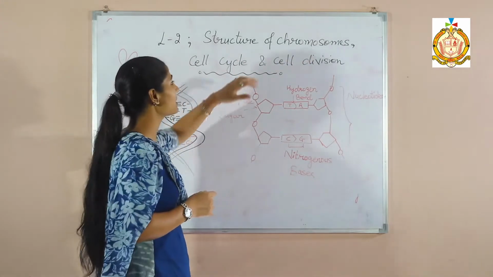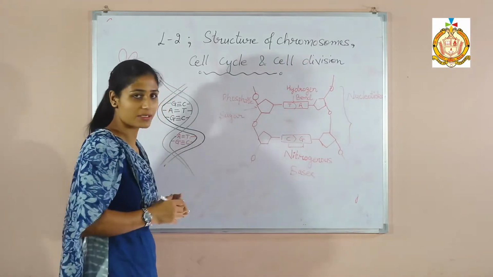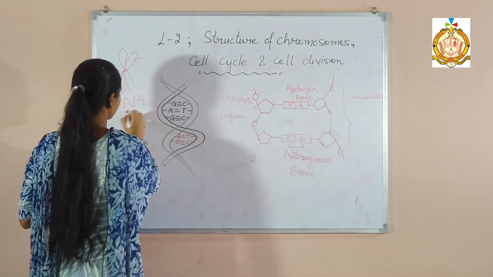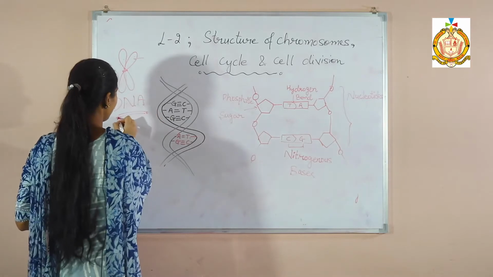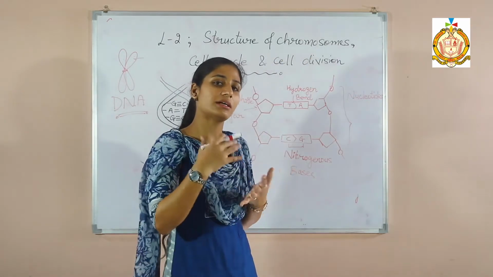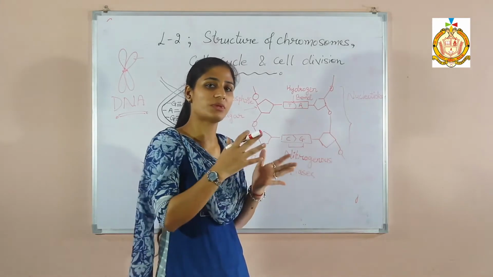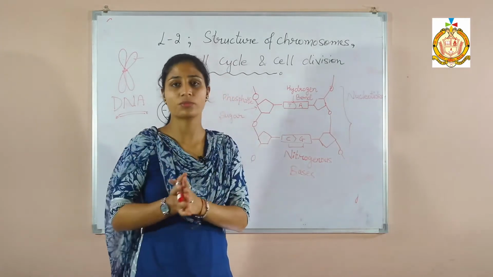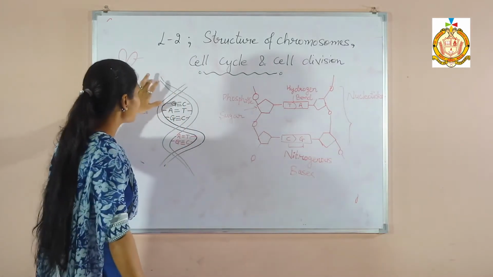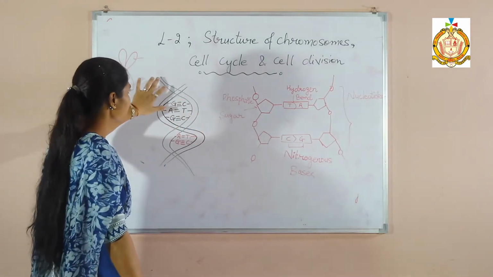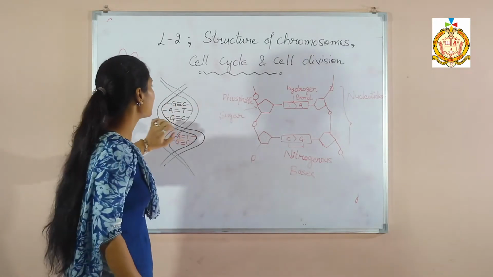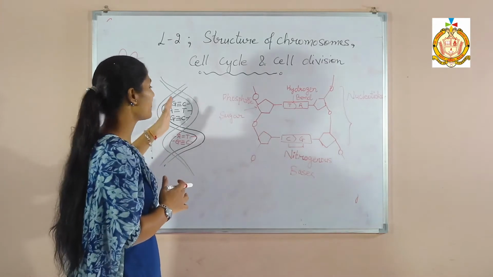The second thing is that in the chromosomes the DNA is also present. Here is one diagram of the DNA. Now what do you mean by DNA? DNA is present in the chromosomes, and it also has the genes that are responsible for hereditary transmission and hereditary things. DNA is a double helix structure. Double helix means it has two strands, and in the DNA the nitrogenous bases are present.